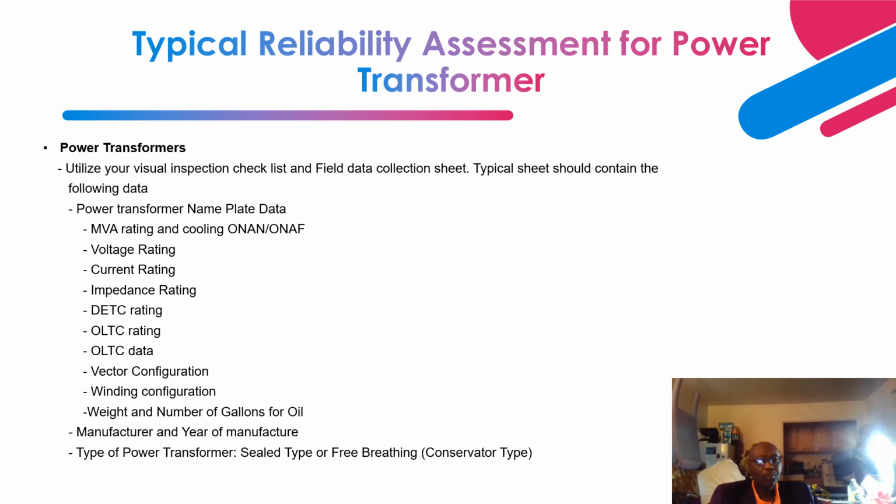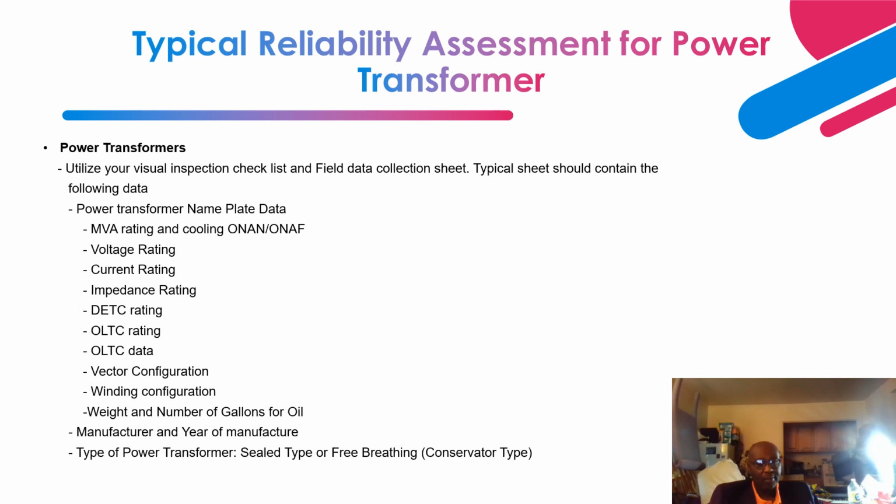Okay, so this is just to mention the list: what should be on that inspection checklist and field data collection sheet. An example that I gave here is for a power transformer, right? You should have the nameplate data, and that should be your MVA rating and the cooling class. The MVA rating is basically the nominal rating of the transformer and the maximum rating that is given